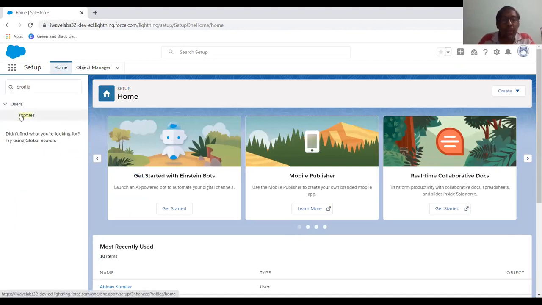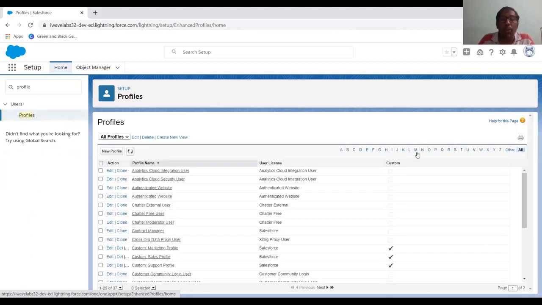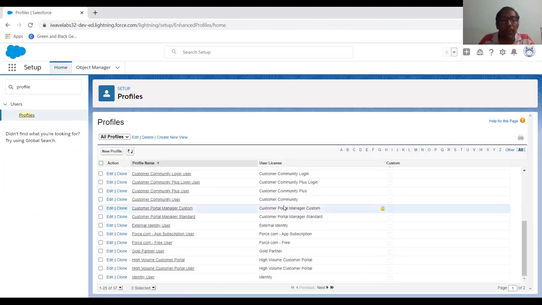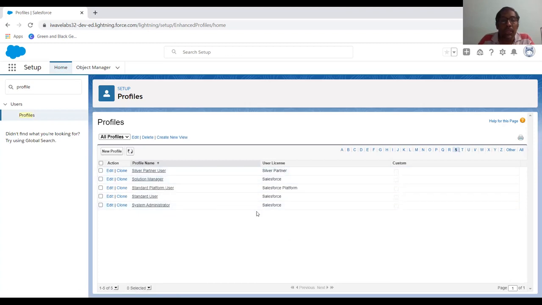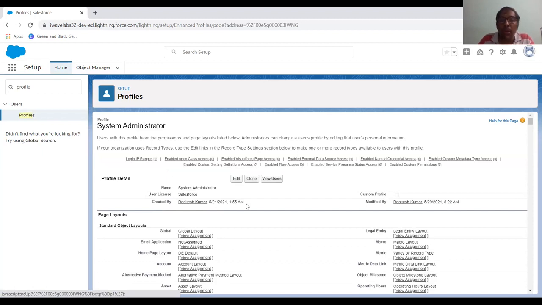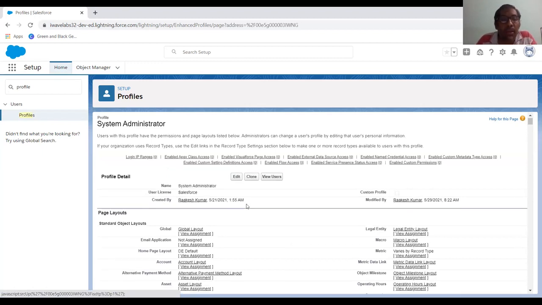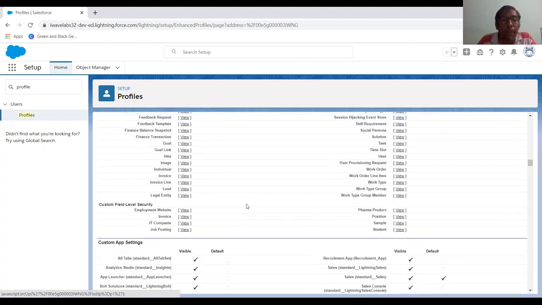When you click on profiles, whichever profile you are on, as of now you're on the system administrator profile, right? So now you go and click on yes. On the yes, you can see system administrator is there. I click on system administrator, right? So here you have system administrator. In this profile, then you have to go for